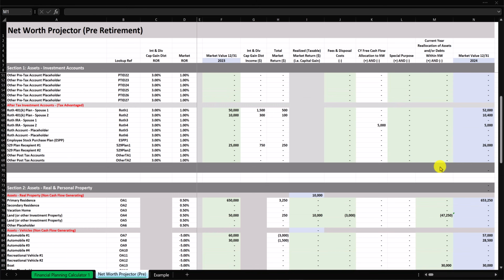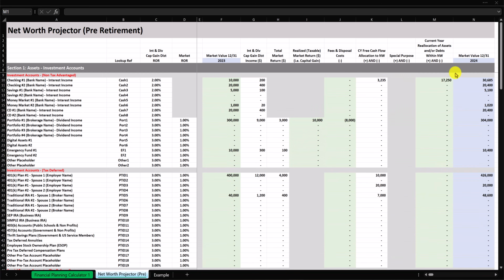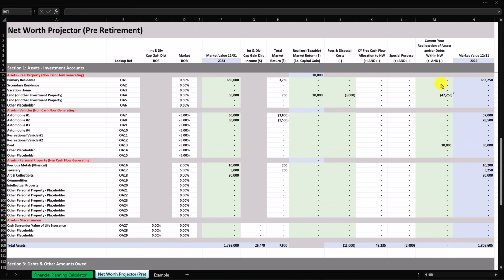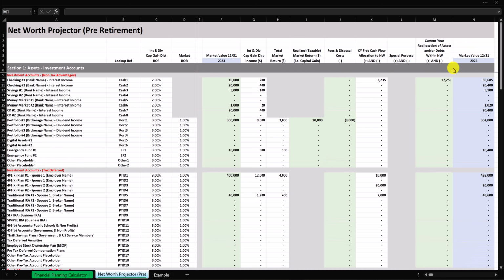And then if I scroll back up to the top of this screen, the remaining $17,250 I'm going to put into checking 1. And so between the allocation to this cash account number 1 and this other asset number 2, the net result in this column right here is going to be 0. And for purposes of this column, it's always going to be 0. If we want to take this cash against another expense and have it come out of our net worth, we will accomplish that when we build out the cash flow projector, and that will be coming up in a future video. All right, and then the final column right here is going to be our market value at 12/31 of